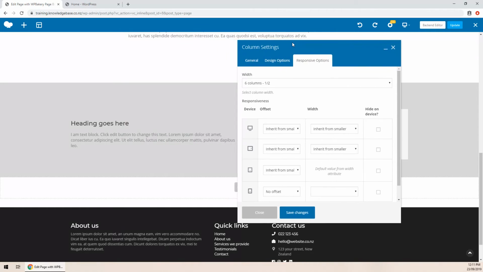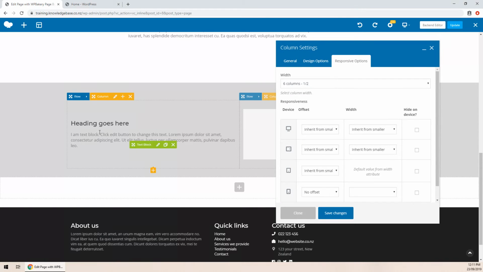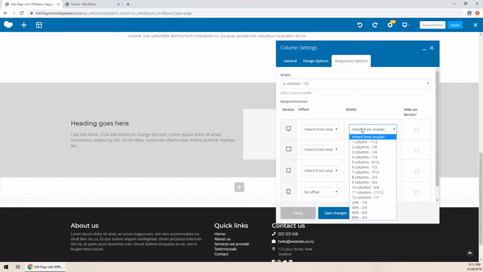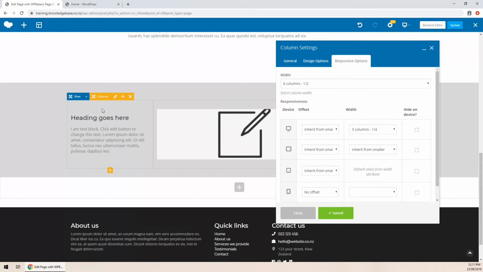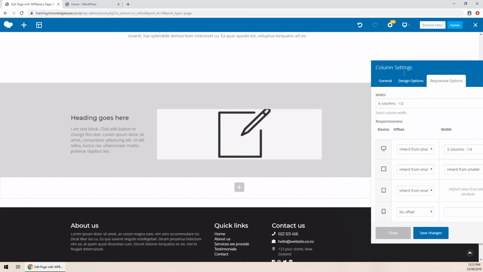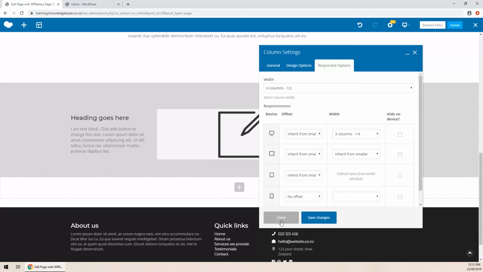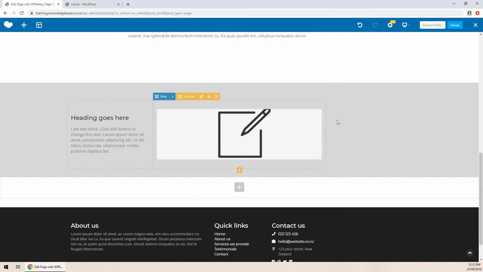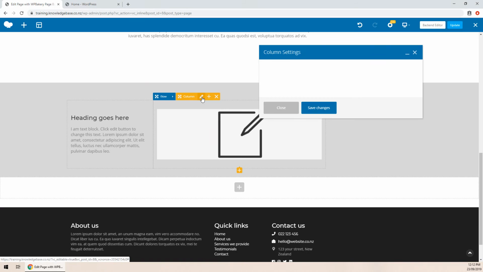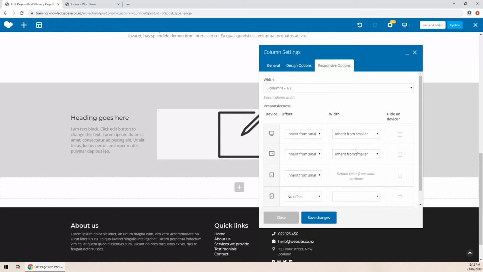But for instance, we're on a large desktop computer, which is this one here, large, and we can change the width, for instance, to be 1/4, or 3 columns. If you click that, click Save, you'll see that now this is 3 columns, or 1/4. And then if we wanted to make this one fill the gap on large devices, you can click Edit Column, Responsive Options, and then on large devices we'd change this to be 3/4, which is the remaining. Click Save,